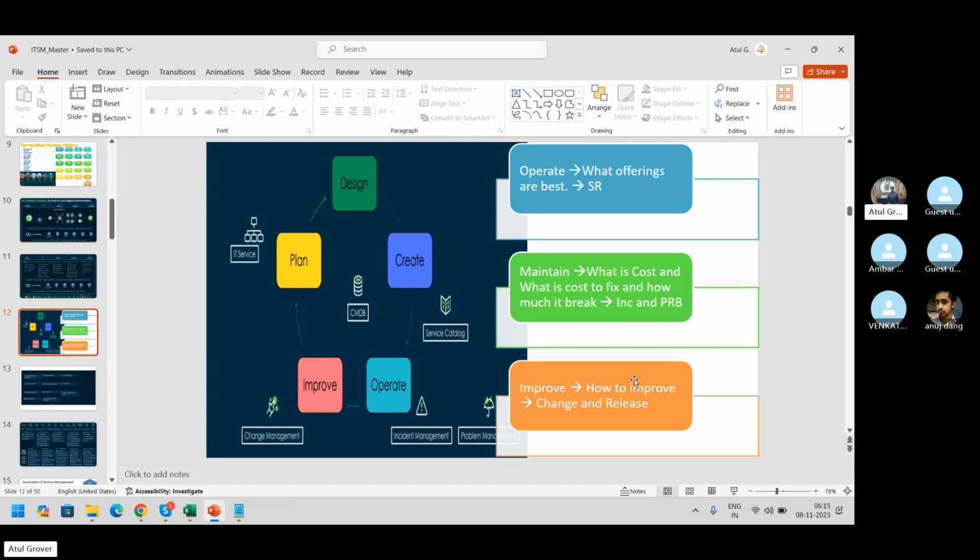So overall, the whole industry works on these 3 parameters: operate, maintain, and improve. And IT works in these sections: service catalog, incident, problem, change, release, knowledge, CMDB, CSDM. It is in and around always. I know that many of you are still thinking, Atul, what is incident? Sorry, what is CMDB, CSDM? We are coming on that track very soon to understand that particular part.